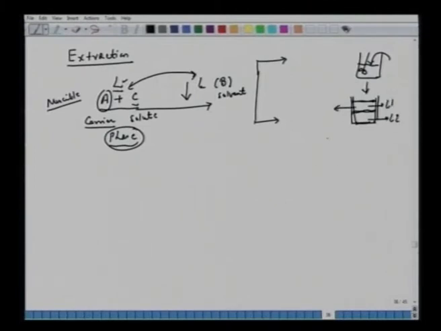This L1 will typically contain, say B is the extract solvent, so most of B has come here, and it will carry with it a large amount of the C. All right. There may be some amount of A here also. So we said earlier that there are different types of systems, type 1, type 2, but typically what we are trying to say here is that both L1 and L2 will contain B plus C plus A, all three of them. So now B is a solvent, it picks up C, very large amount of B, large amount of C, but a small amount of A can also go here.